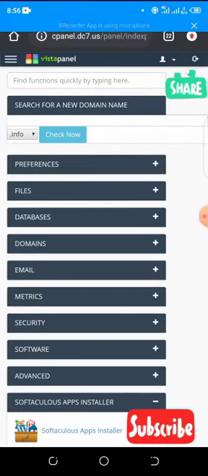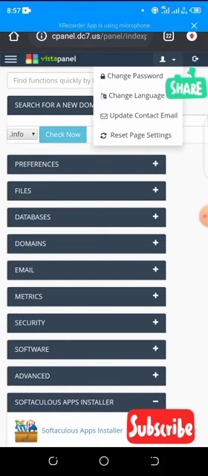When you get to the cPanel after you access your login details, both your username and your password sent by your hosting provider, you'll be able to see how the cPanel is managed. This is the control panel, called cPanel, where you'll be able to manage every document on your website. On this platform, you'll be able to add, delete, and do so many things that your website needs.